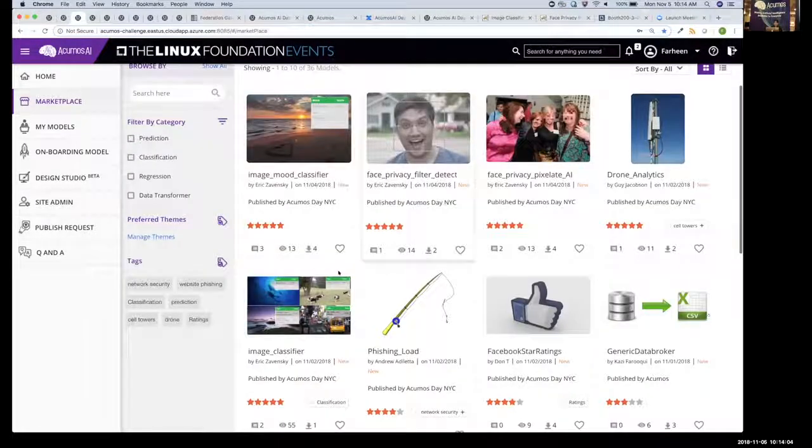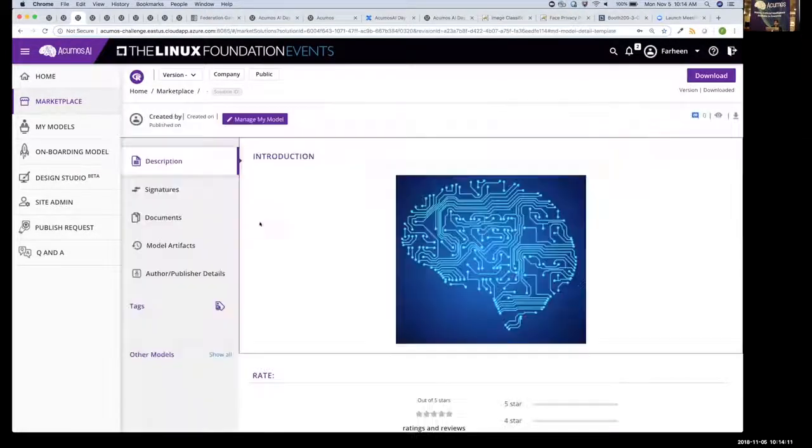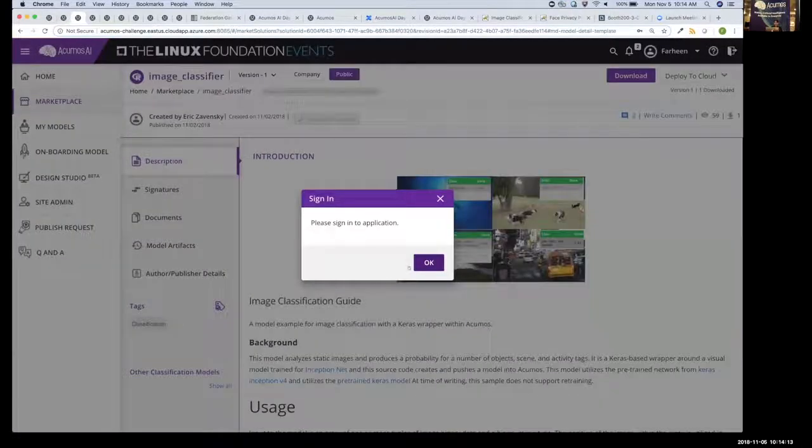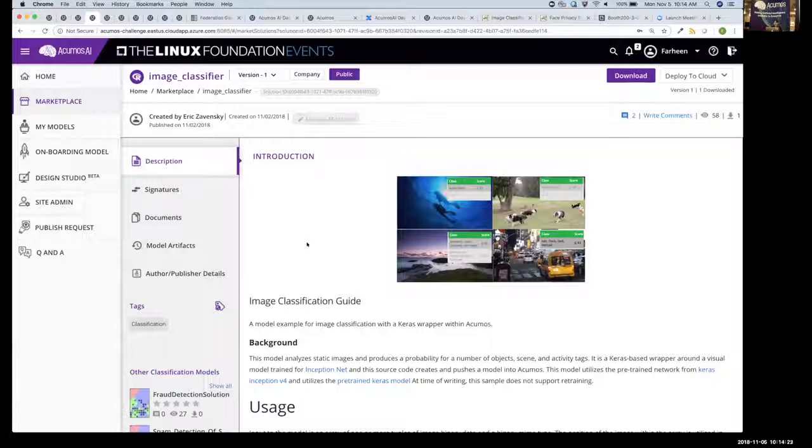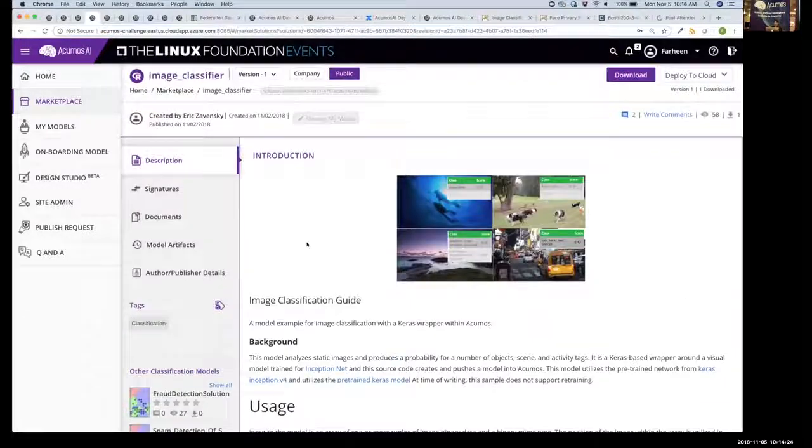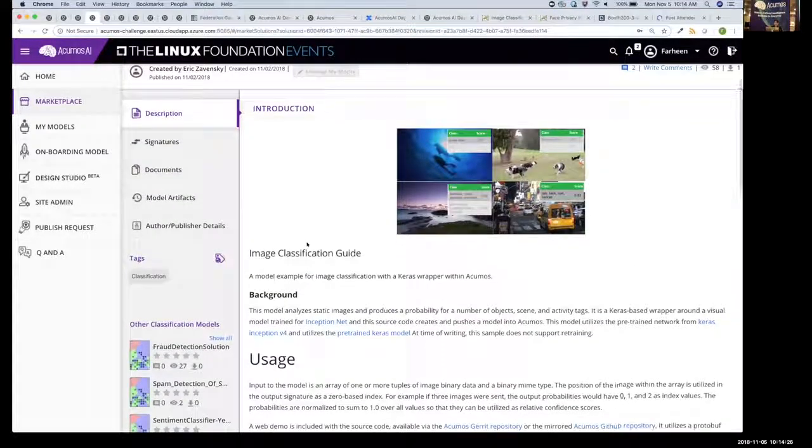Let me take you down into a model. Let's say I'm looking for an image classifier. So here I am. Let me just jump over here. Okay, so it's asking me to sign in. Okay, here I am signed in, and this is an example of the model that I just chose,